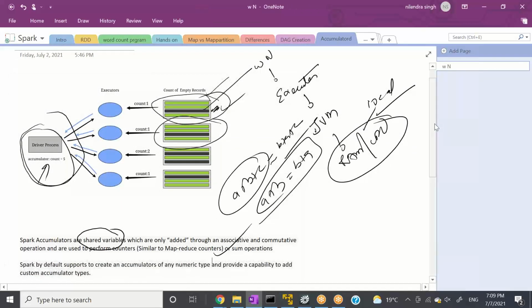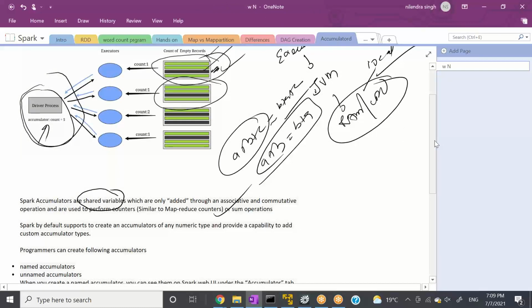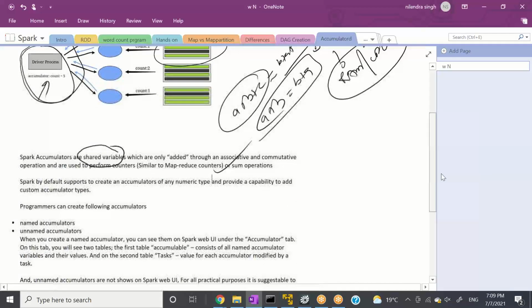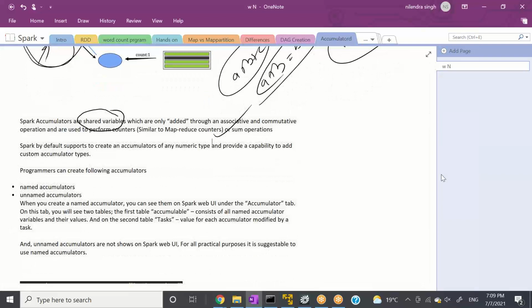They are the same as counters in MapReduce. So what is your first shared variable? It's called accumulator. Accumulators are used to count something on each partition and to present the result onto the driver. We can have two types of accumulators: named accumulator and unnamed accumulator.